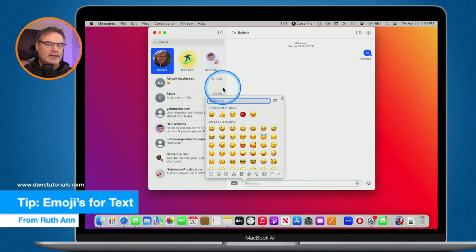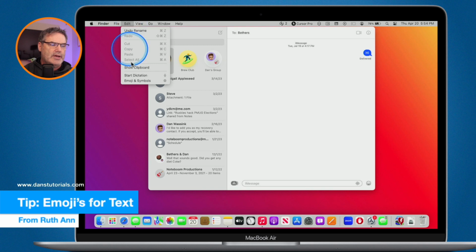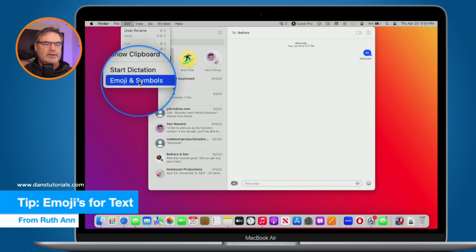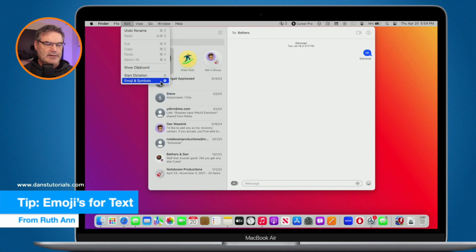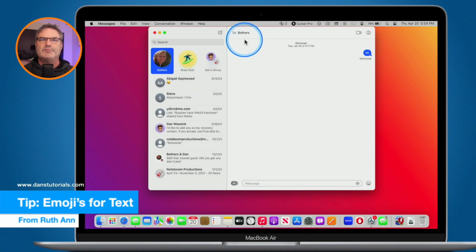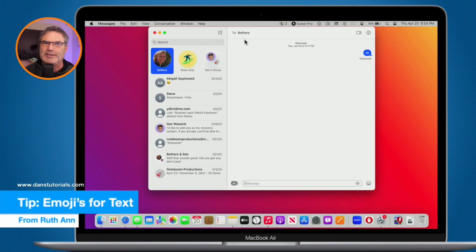It varies depending on which computer or OS you're on. What you can do is go up to Edit, then Emoji and Symbols, and see what that keyboard shortcut is. Like I said, I modified mine because my function key is also my Zoom key, so I couldn't have that keyboard always showing up whenever I hit Zoom.